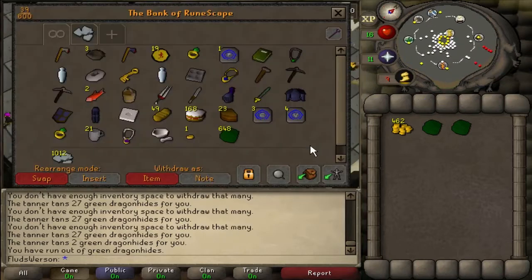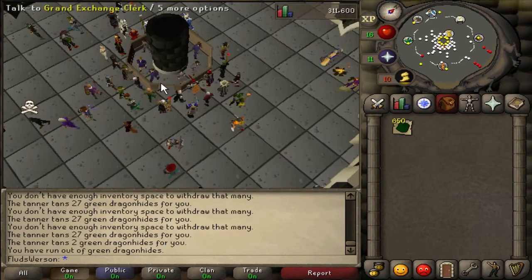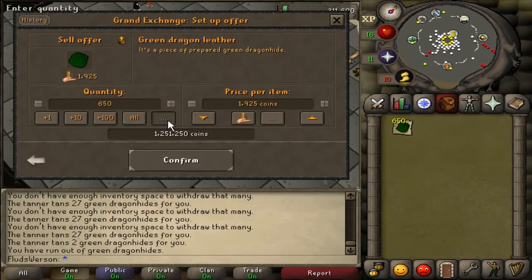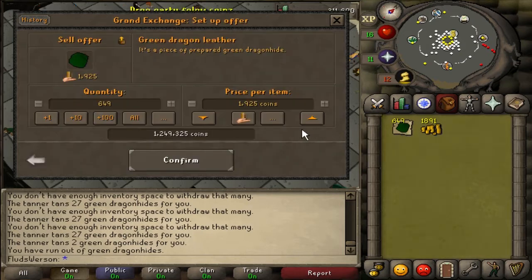How many do I have in the bank right now? 700 or 650. I don't know where 700 came from. I knew I had 650. That was ridiculous that I even said that. Let's go ahead and sell these bad boys. How much do I want to sell them for? I probably should have brought some money and bought one first, but I'm just gonna sell one real low, 1891,